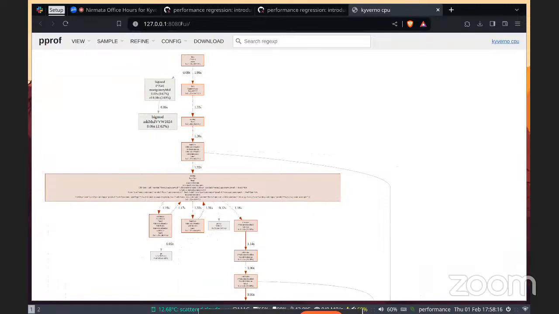It will open this UI for us, and if we go to view flame graph, we would have the flame graph, which again we described in the previous session. But let's have a look at it again. All right. So a flame graph basically means it has horizontal bars. Each bar's width or length is proportional to the time each function takes in executing the request. And if we search for validate,